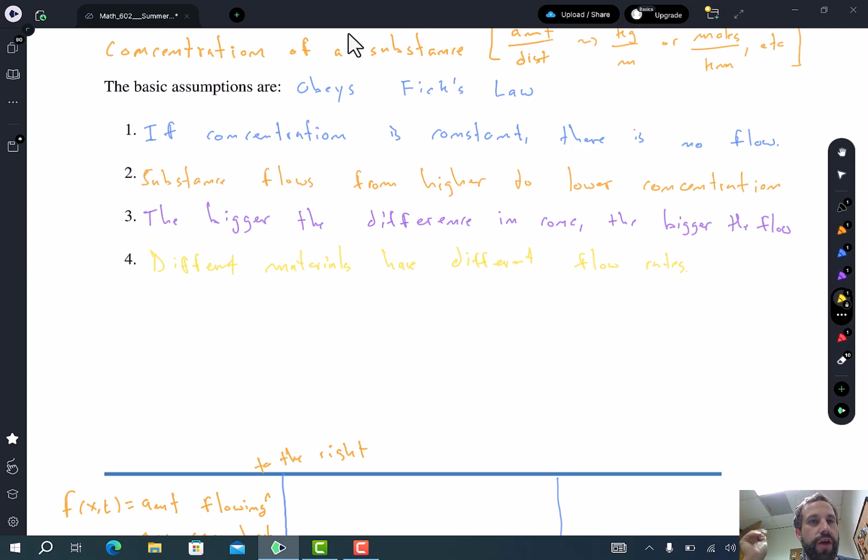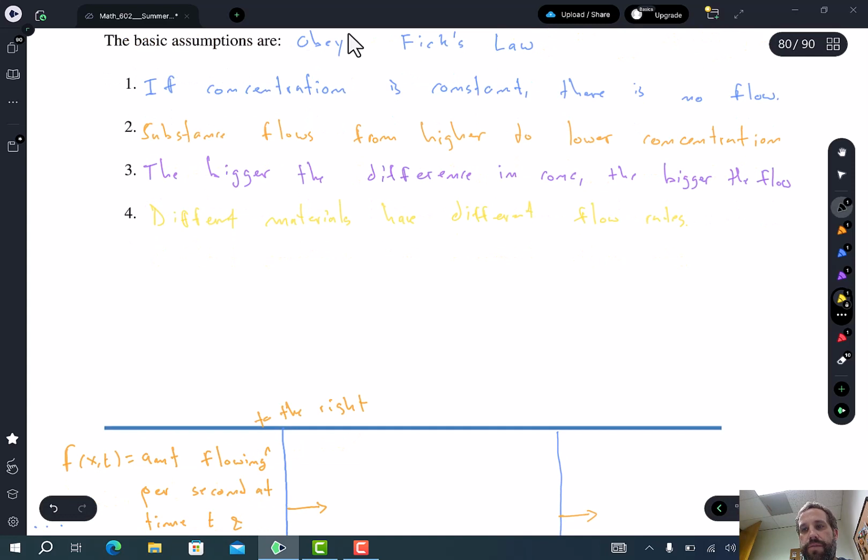So, for example, if you have a little puddle of water on your desk and you get a napkin and touch it to the corner, and you get your shirt and touch it to the corner, the speed with which the water flows into your shirt or the napkin is going to be different for the shirt and the napkin, even though the concentration differences are the same. Okay, so all of these assumptions lead us to Fick's law,